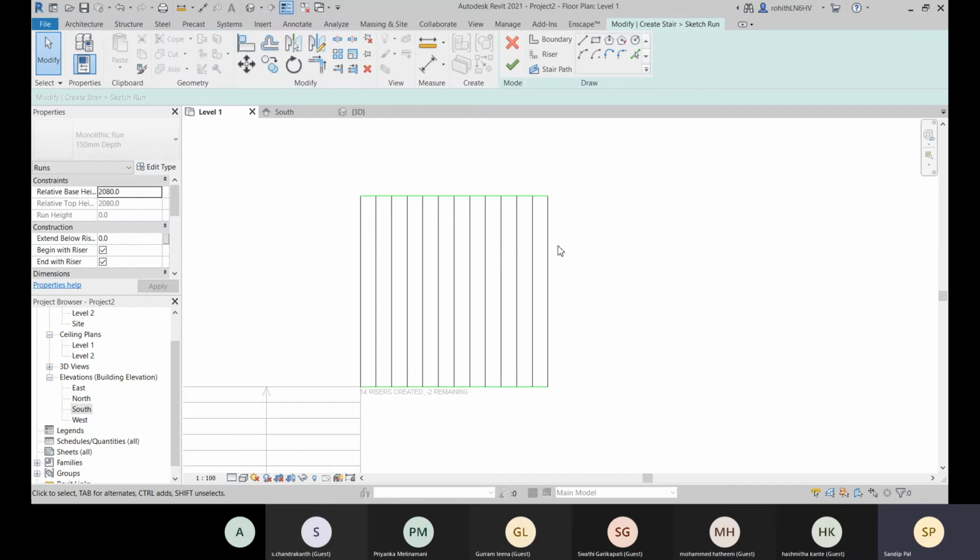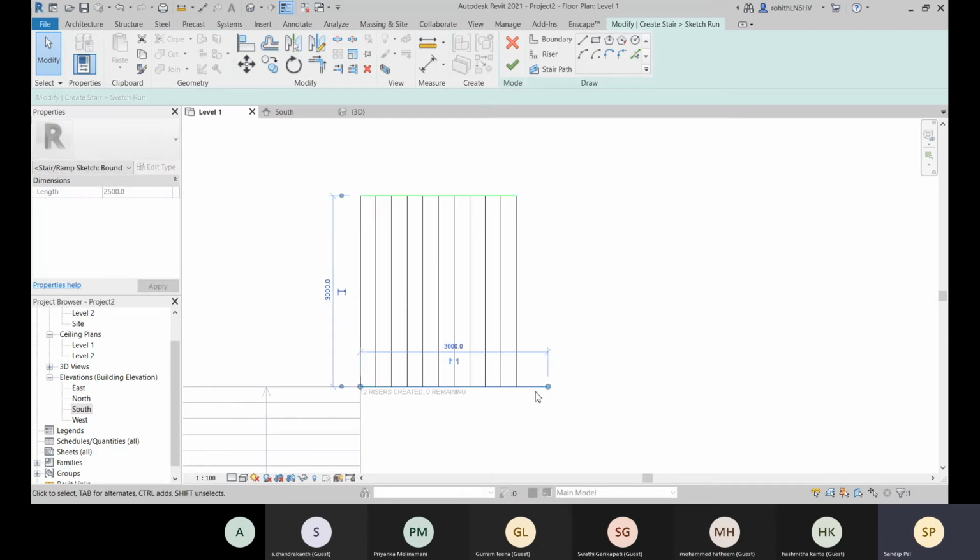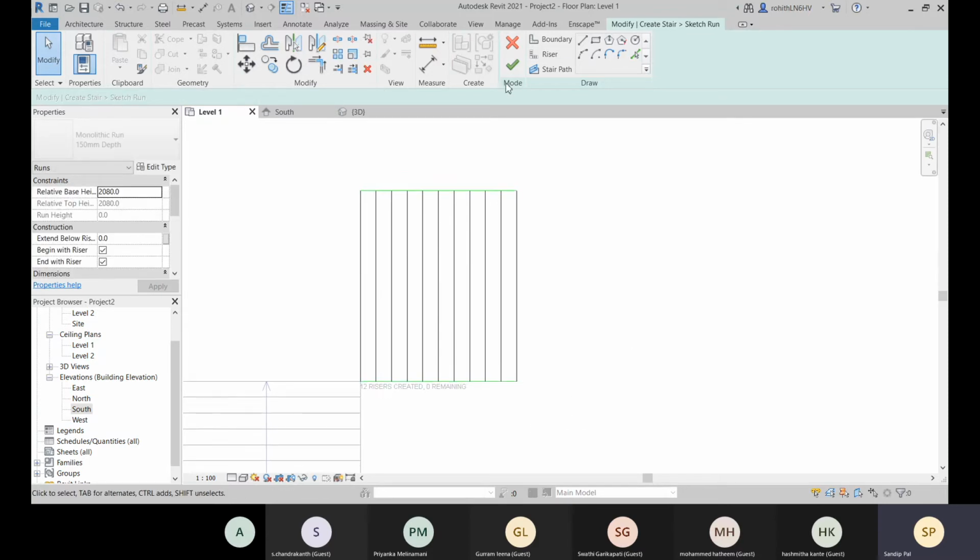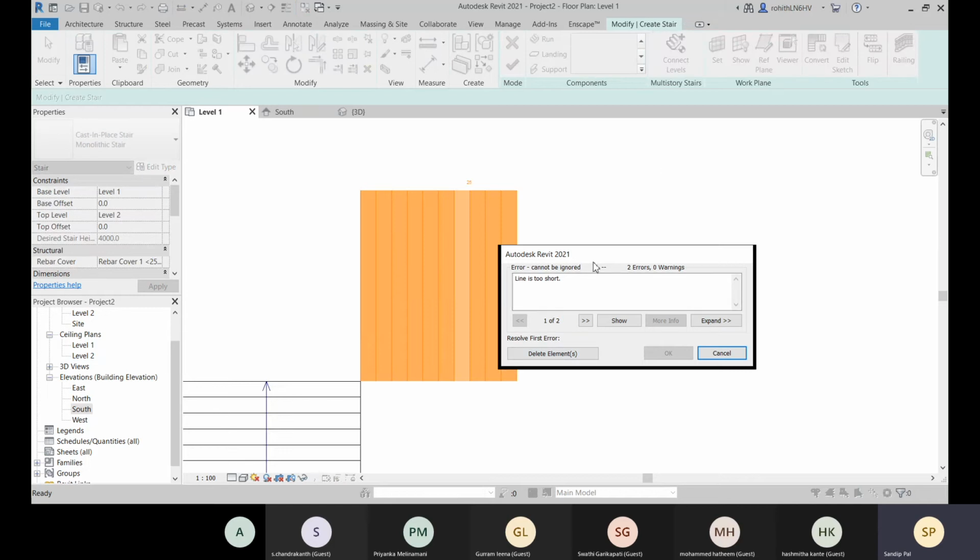I think I have created two extra. And risers is created. Let's finish this.